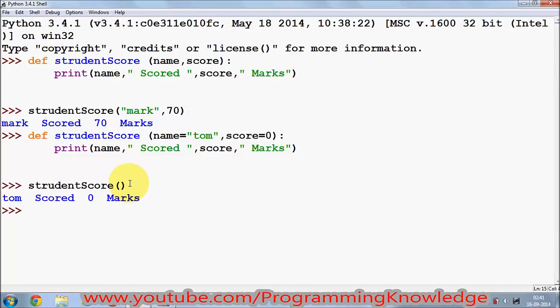Once I call this function, it says Tom scored 0 marks, because Tom is a default value and the score of Tom is 0. So Tom is a default name and 0 is the default mark. You can ask, what is the purpose of this? The purpose is, if the user does not pass any value as an argument, then the default value will be taken. Otherwise, if the user enters some valid name, for example Mark and 85 marks, and once again